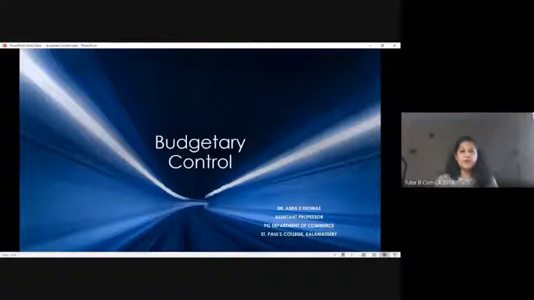I said today we are going to start with our new module, that is budgetary control. The first thing which you have to remember when you hear the word budget is a management control tool. If you're asked about some of the tools which are used by management for controlling the cost, this is one of the efficient tools that is used by management for controlling the cost as well as for planning for